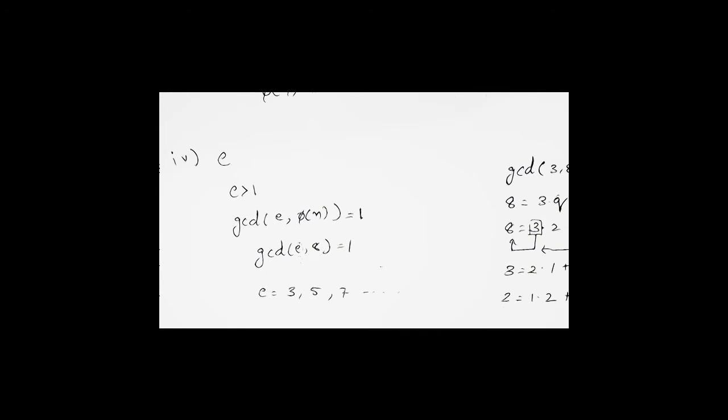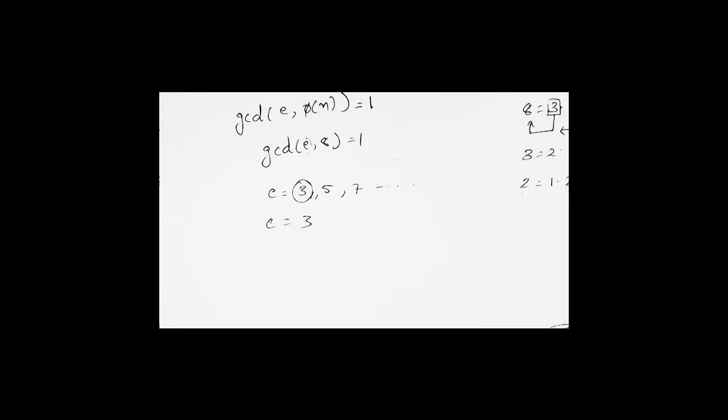So we need to take a hit and try. Like if you put 1, 8, then what is the GCD you are getting? That's how you will do. In this example, we are taking very small numbers so that it is very easy to solve. But actually, P and Q, the prime numbers, need to be large. And I will explain to you in the video why they have to be large. So we got E is equal to 3, 5, 7. We can take any one of the numbers. Let us take 3 for easy calculation right now, so you guys can understand easily.